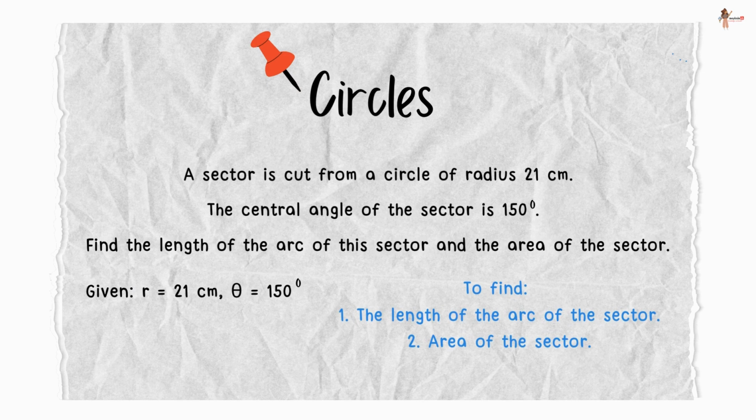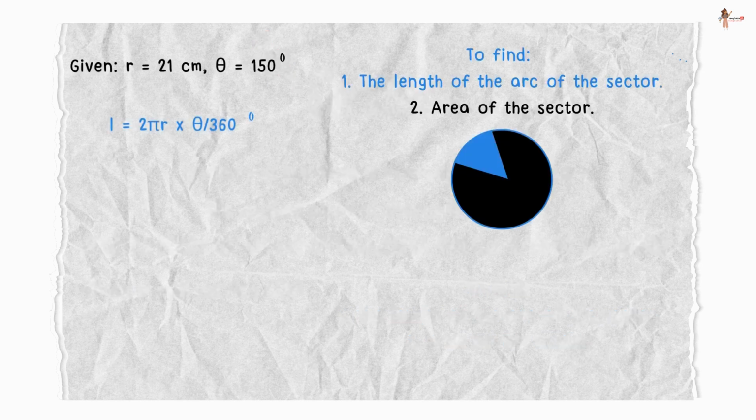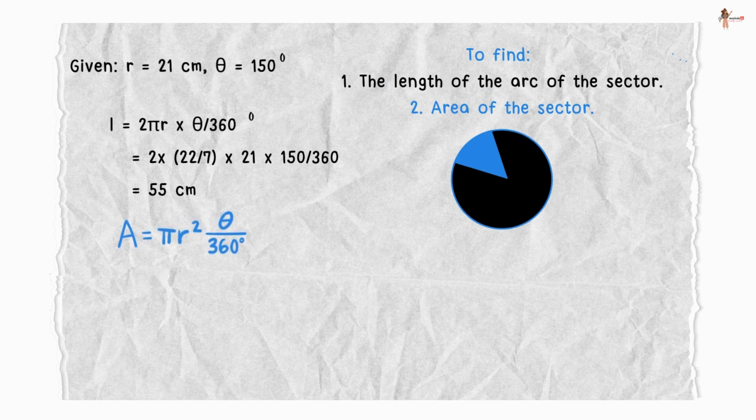Now, length of the arc is given by the formula L is equal to 2 pi r into theta upon 360 degrees. Let's substitute the given values. We get L is equal to 2 into 22 by 7 into 21 into 150 upon 360, which gives L as 55 centimeter. Moving on to the next part, area of the sector is given by pi r squared theta upon